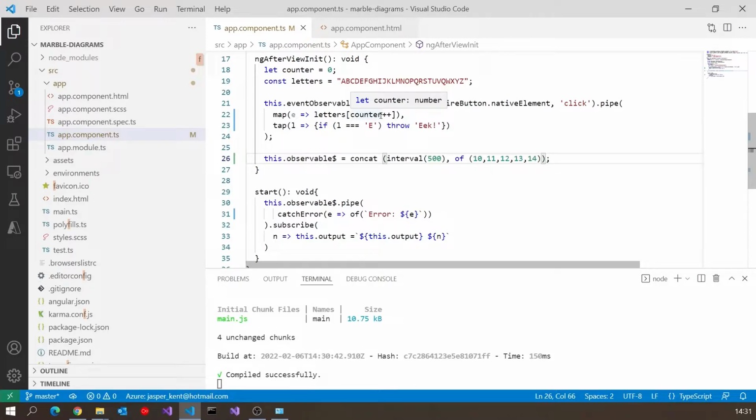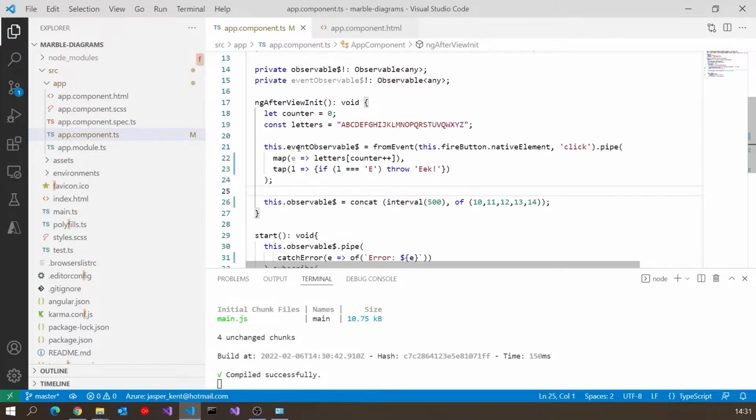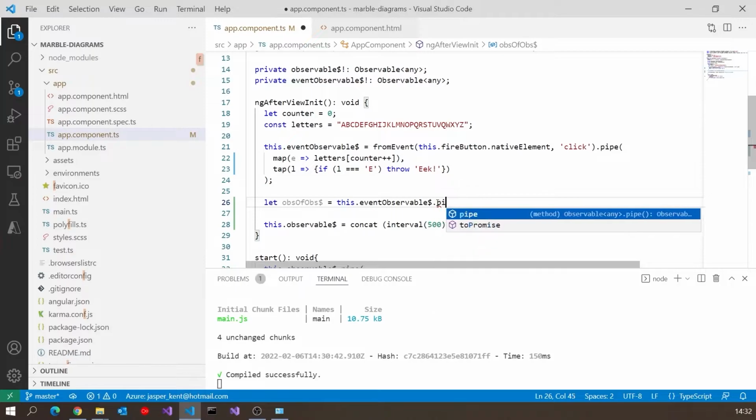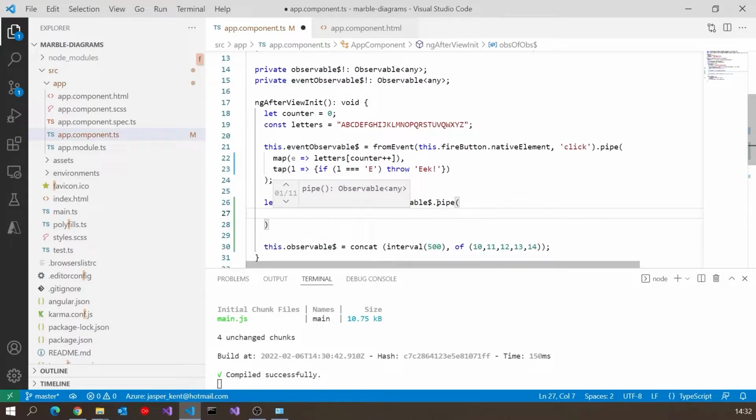So what I'm going to do in here is declare this thing I'm going to call obs of obs. So an observable that's not an observable of numbers or an observable of strings is going to be an observable of observables of something else. And what I'm going to do is start with my click. So I'm going to take my event observable and then I'm going to do a pipe on that,